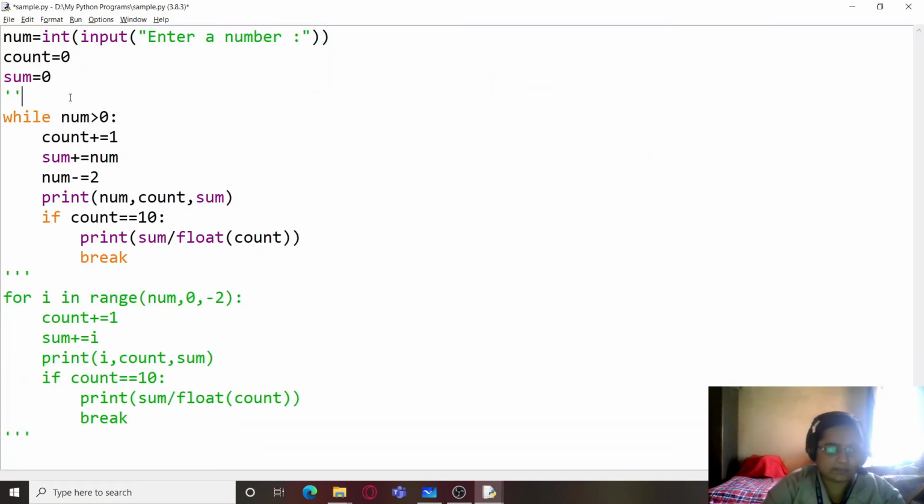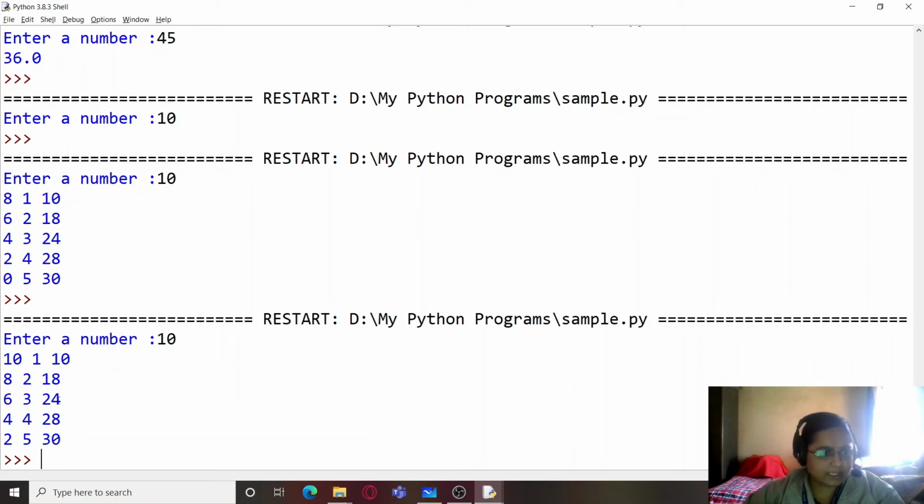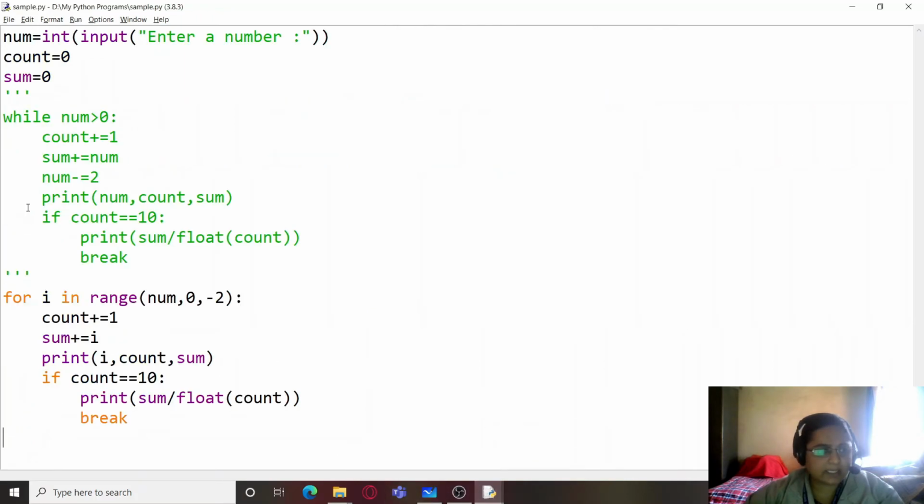So we will hide this while loop and we will unhide the for loop, and here we will execute it by 10, and here also we get the same set of values, but only thing is the values are different, because here right in the beginning in the while loop part we start getting the output from 8. Why? Because here already we are printing it after deducting the values. Okay. So if we just print it before num minus equal to 2, it would do our work.